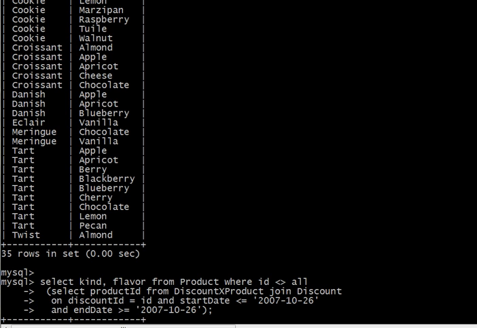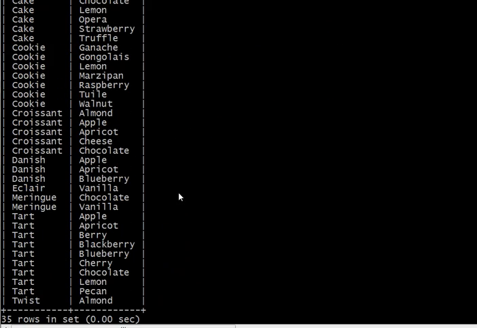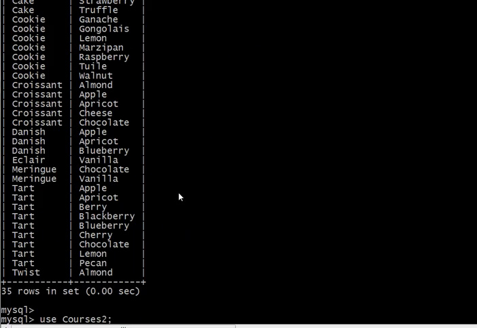Okay, let's look a bit now at how list subqueries can be replaced with joins. There's the result of the earlier query, by the way. We're going to shift to courses 2 here. This is a useful way to reinforce both concepts, to look at subqueries and joins, and to give you a choice of how you implement complex queries. So, again, moving to courses 2,